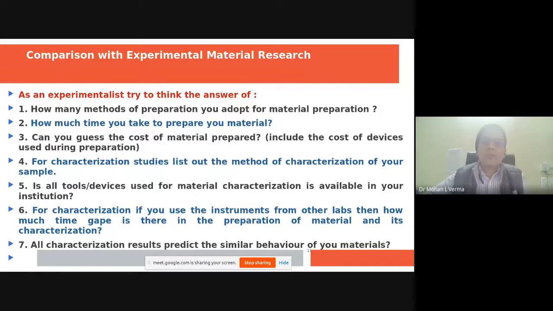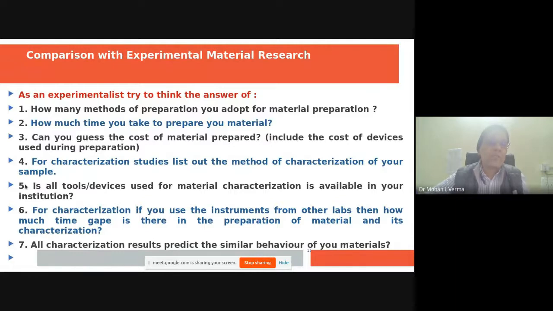How much time do you take to prepare your materials? For the experimentalist, the time for the preparation of materials is very important. Many materials take more than 24 hours to prepare. Can you gauge the cost of the material prepared? Cost is also a very important parameter, and as far as research in India is concerned, this is very important. And for characterization studies, list out the methods of characterization of your sample. At least 3 to 4 characterization methods we adopt in our